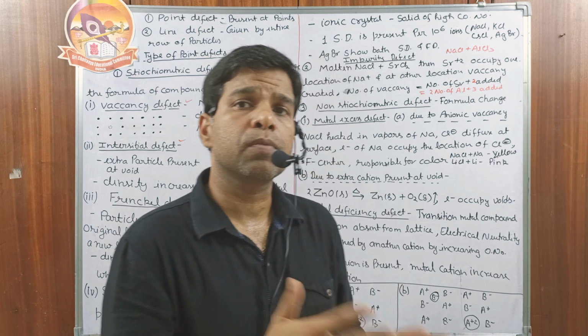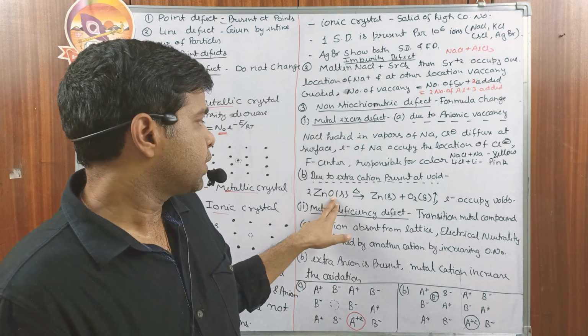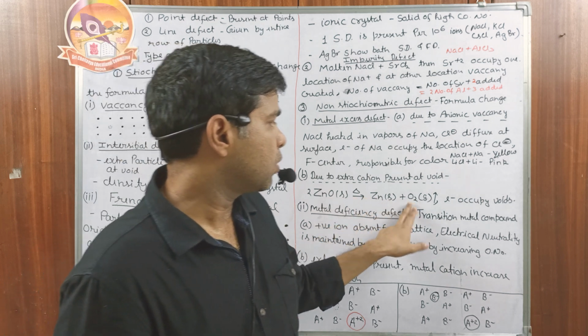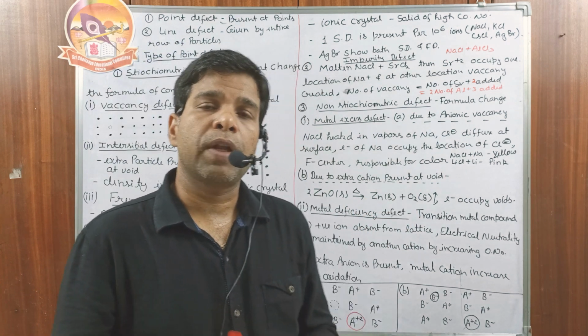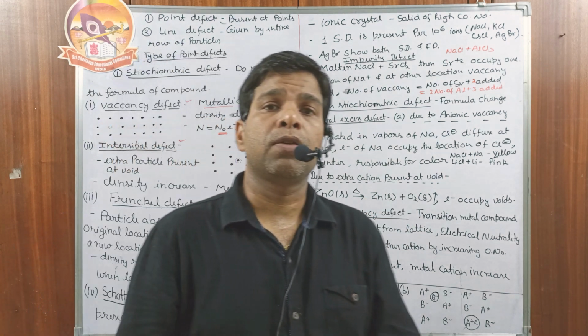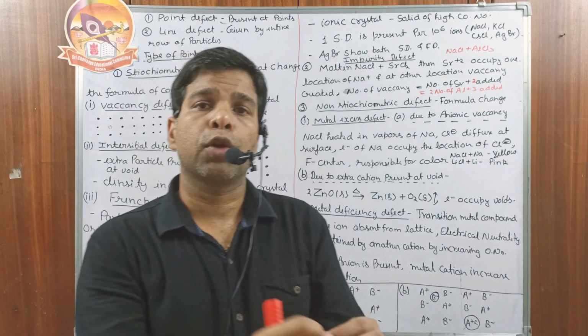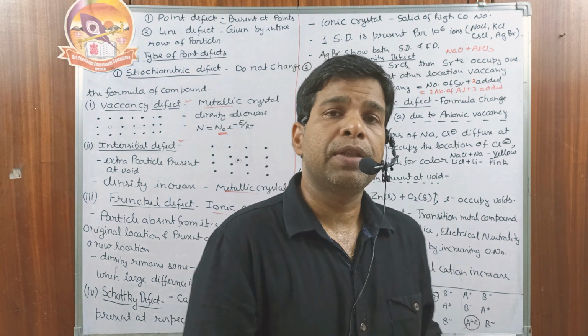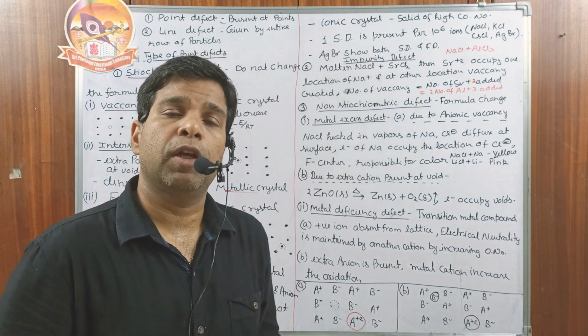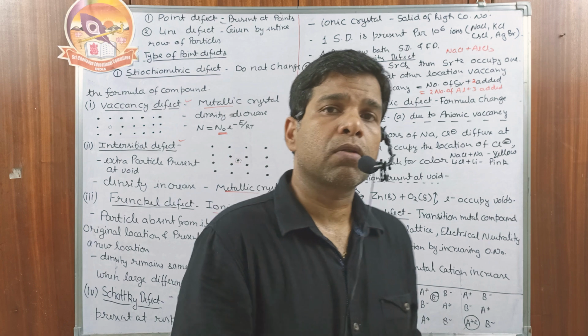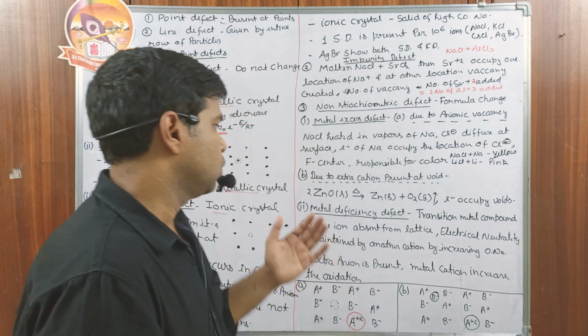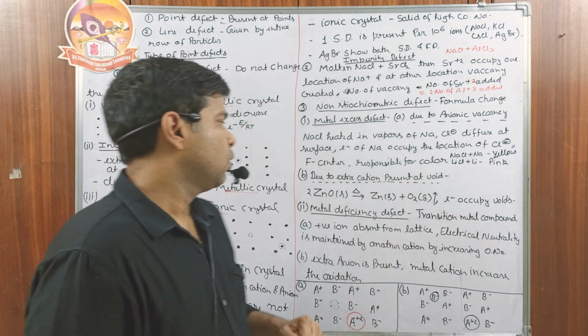Here the oxidation number of the oxygen is -2 and there it is 0. So whenever oxygen goes outside, it takes 2 electrons. Those 2 electrons are now present at the location of the oxide ion. So in this one we have some free electrons, and due to the free electrons, it can also conduct electricity. So the electron occupies the void.